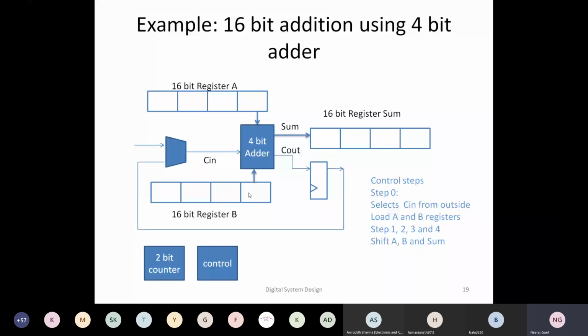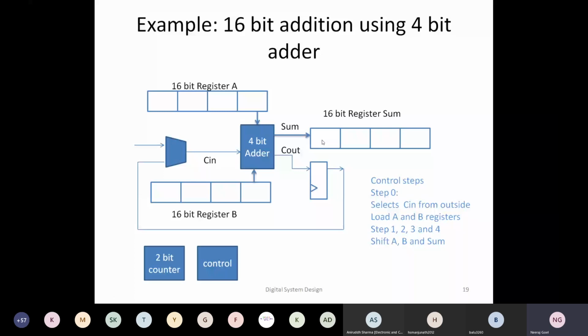Now let's talk about the clock period. The clock period would depend on the latency of my 4-bit adder and the register propagation delay, also called the register read delay. That propagation delay would be a source of delay, along with the delay of the 4-bit adder and the setup time of these registers. These things will form the clock period. That would be the minimum clock period that can be assigned. If the clock period is more than that, then nobody cares.